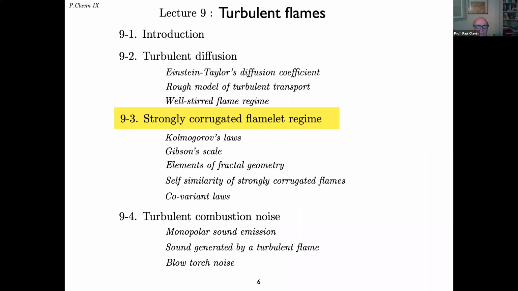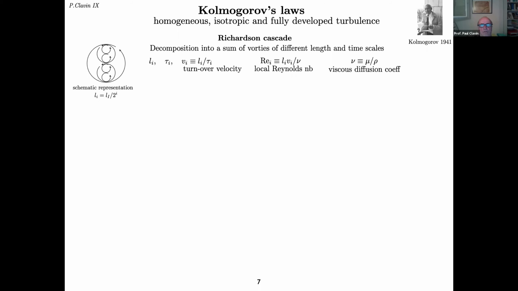Now, let me just present briefly what is called the strongly corrugated flamelet regime, which in a sense is maybe the less doubtful result that one can obtain on turbulent combustion. Starting with the Kolmogorov law for the inert turbulence,